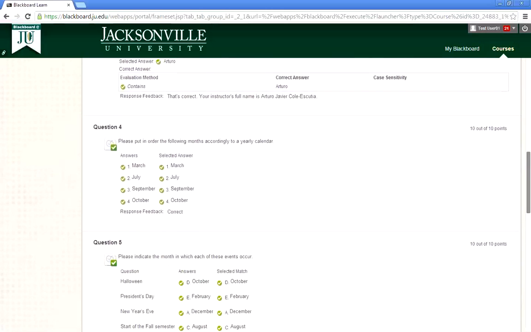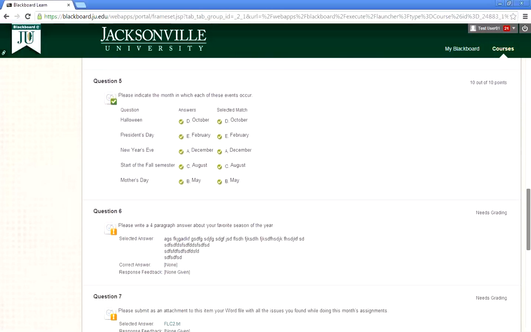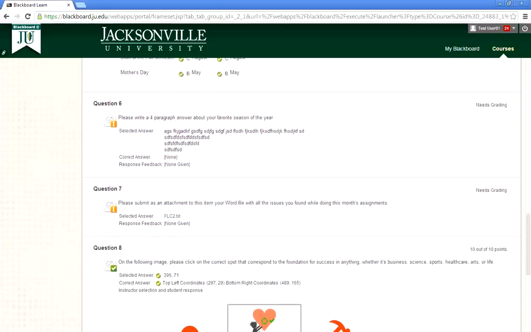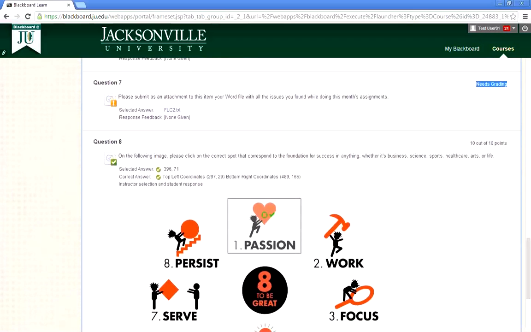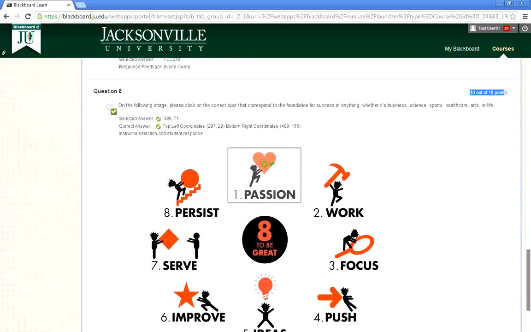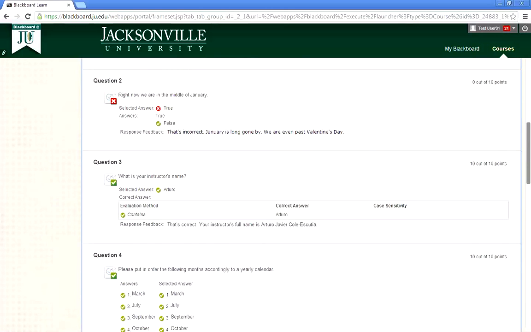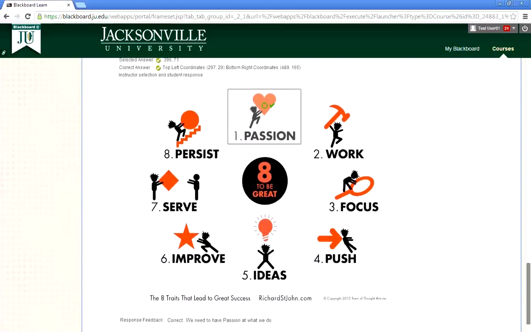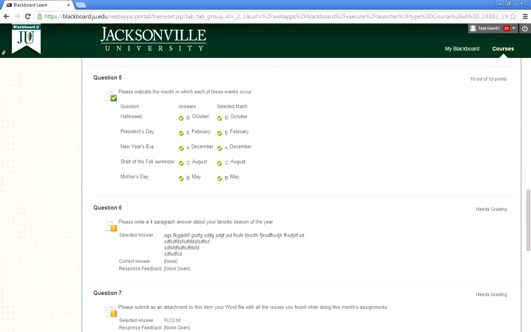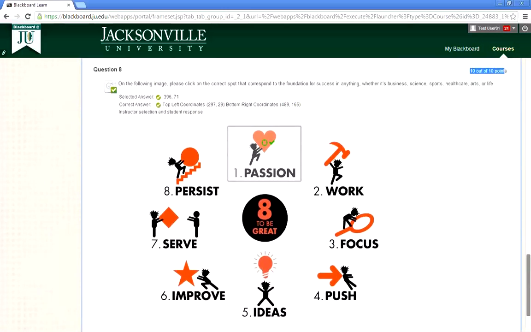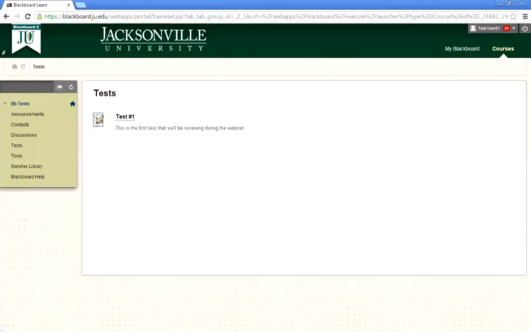And then I'm able to see the matching, the ordering, the essay. You can see that it needs grading. The question 7, the file response, also needs grading. And the question 8, I had 10 out of 10 possible points, right? So as you can see, there are several questions that are automatically graded, except some of them, like the short answers, the essays, and the file responses, need the instructors to go